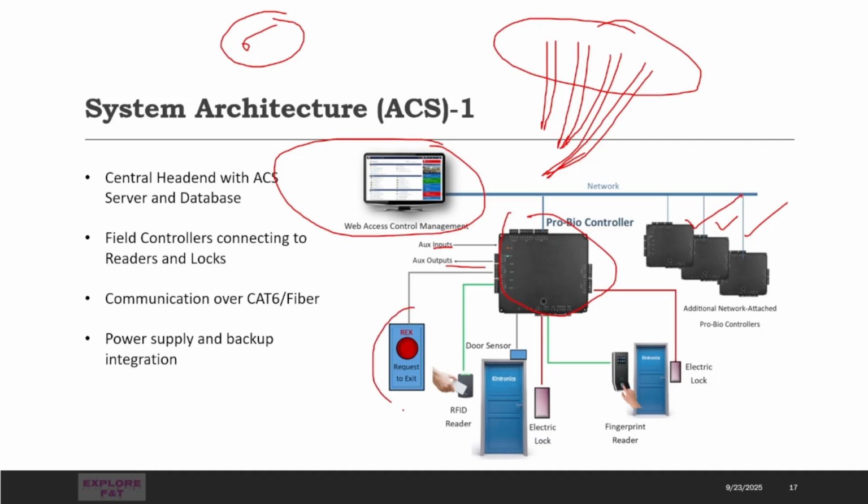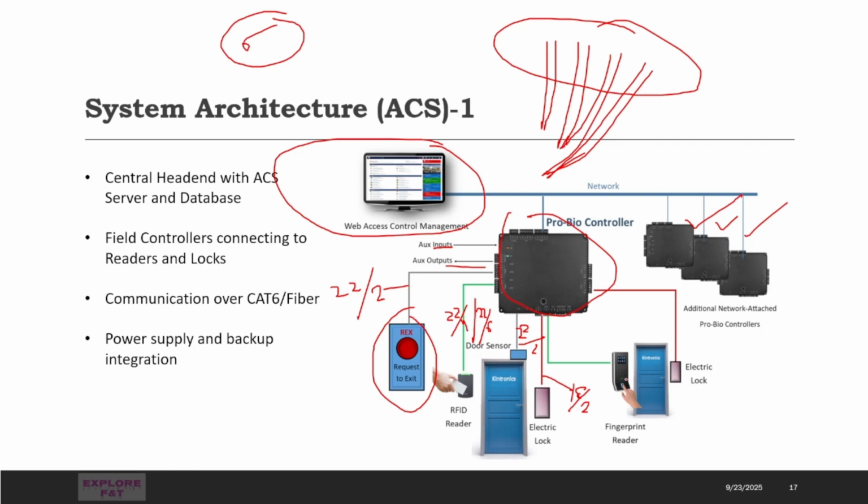Okay, so here are the aux input and aux output into the controller. There is a request to exit button that will be connected by a 22 by 2 cable, and here the RFID reader will use 22 by 4 or 22 by 6, you can use either one. Okay, this one is the door sensor, which also requires a 22 by 2 cable, and here is the lock, which requires 18 by 2. Okay,